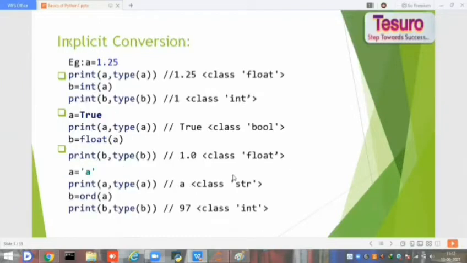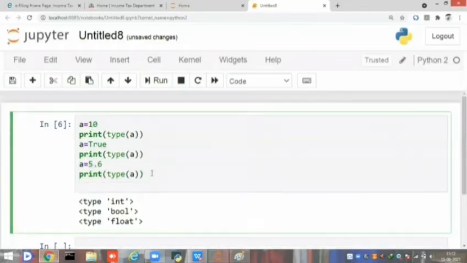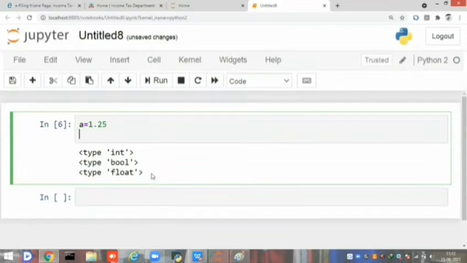And the second type is explicit conversion. For example, if the variable is one type and you want to change that variable to another type, in this case we have user involvement. Here I mention a equal to 1.25 and I am changing this a to integer. Here the type of a is float, correct?